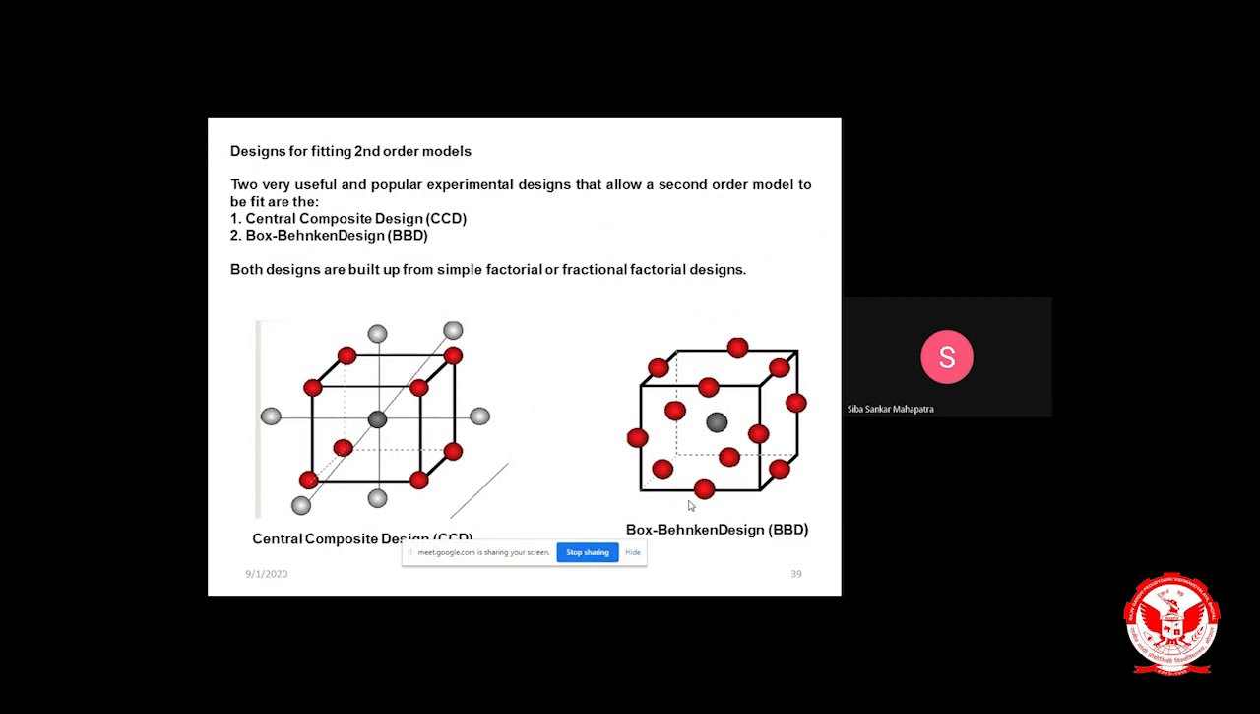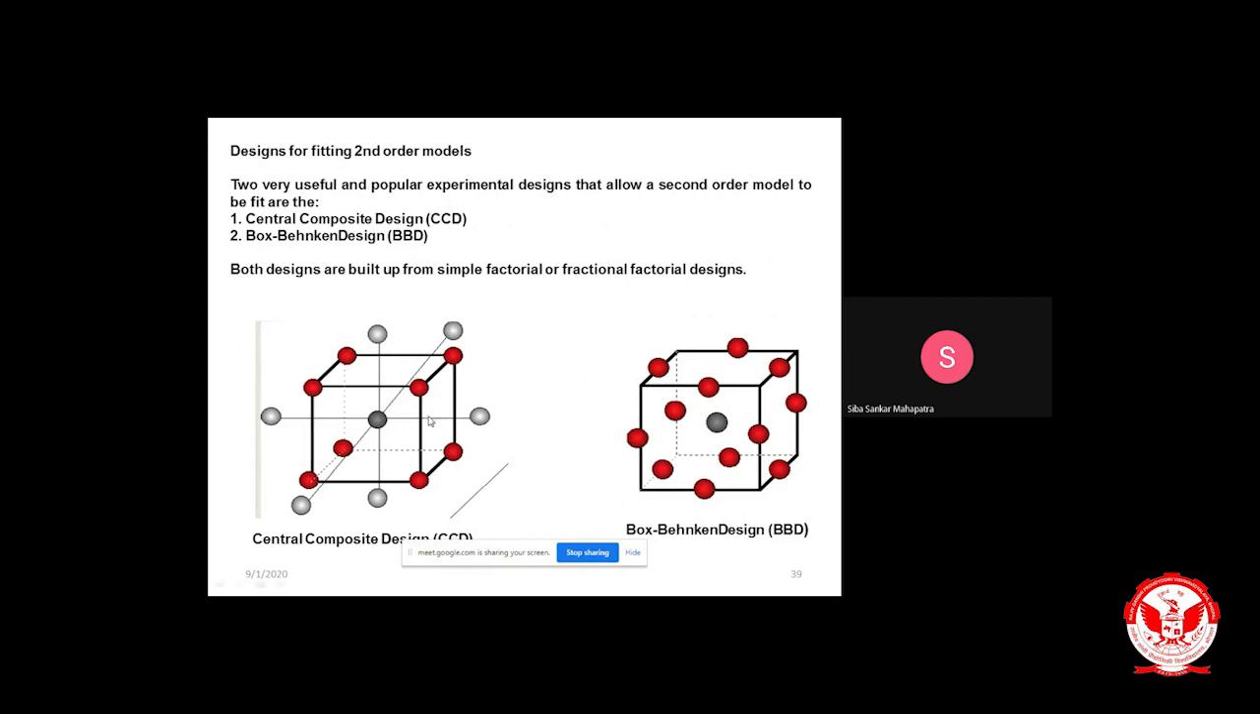In fact, there are two types. One is the central composite design, CCD design, and another is the Box-Behnken design. In the CCD design, central composite design, suppose three factors I am taking, so we can have x1, x2, x3. So we can have factorial points. These factorial points are nothing but the corner points of a cube,